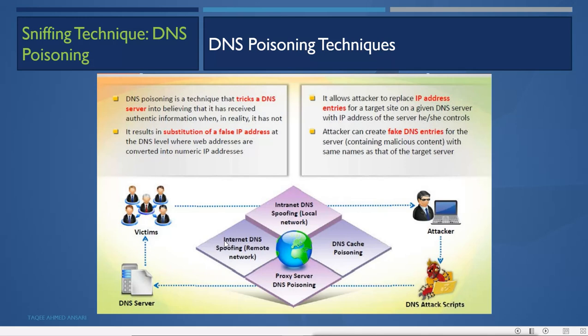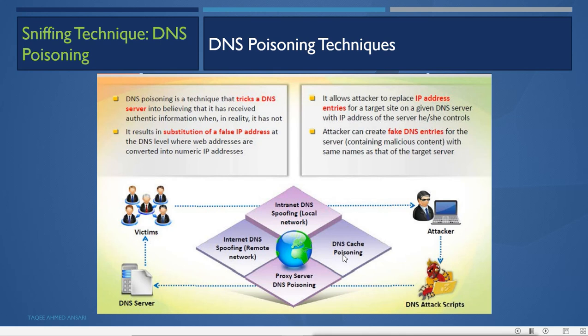Then it can do internet DNS spoofing also, which is like a remote network attack. An attacker can create a DNS server in the internet environment, and then redirect the user to connect to that DNS server by using different attacks, like a DHCP spoofing attack or a MAC ARP spoofing attack, and then redirect the queries to the fake DNS servers. And it will work like proxy server DNS poisoning. It can make a proxy server act as a DNS server, and also it can poison the cache of the DNS server,